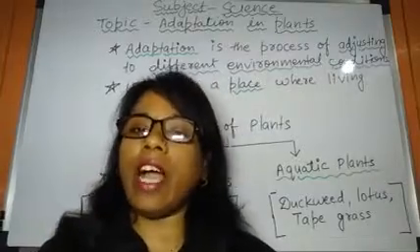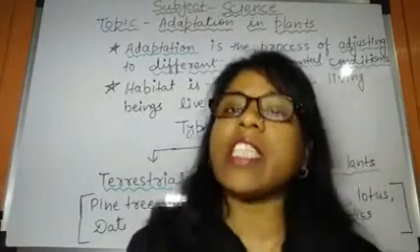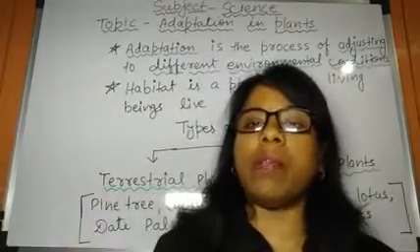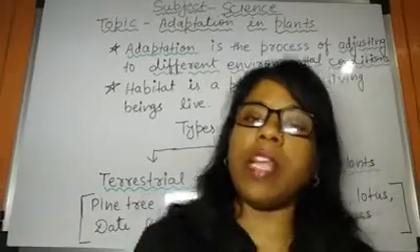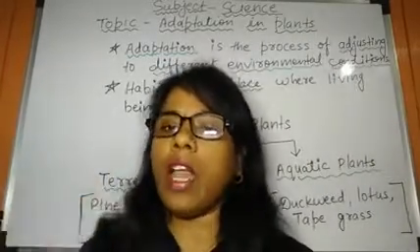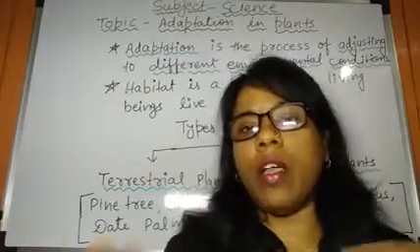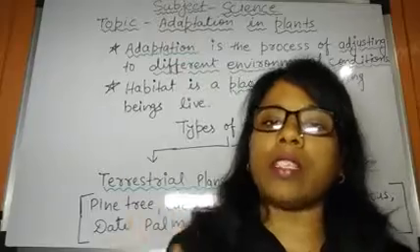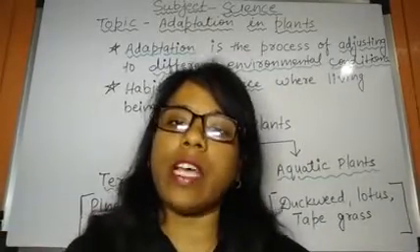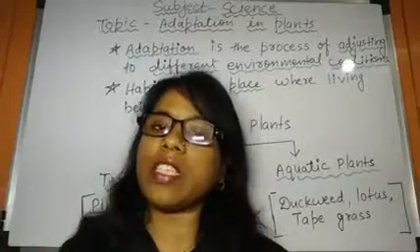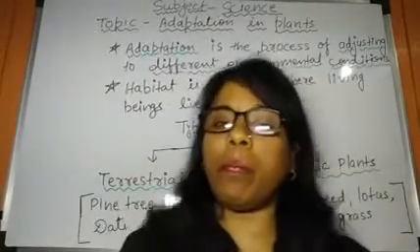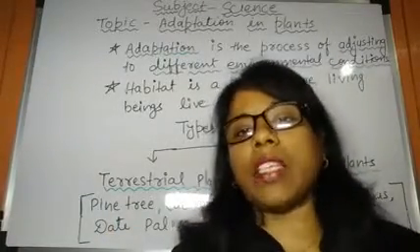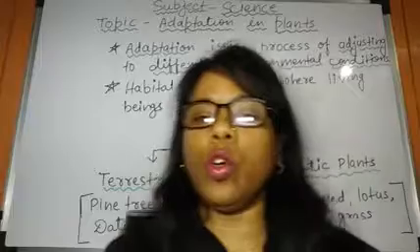Friends, we visit a garden. Usually we visit a garden and we see many different types of plants. The leaves of some plants are very long, and the leaves of some plants are very small. Some roots are very long, some roots are different, like fibrous roots and tap roots. Some plants have thorns, some plants don't have leaves, only fleshy stems. So different types of plants are there. So why the structure of plants is different, that we are going to know today.